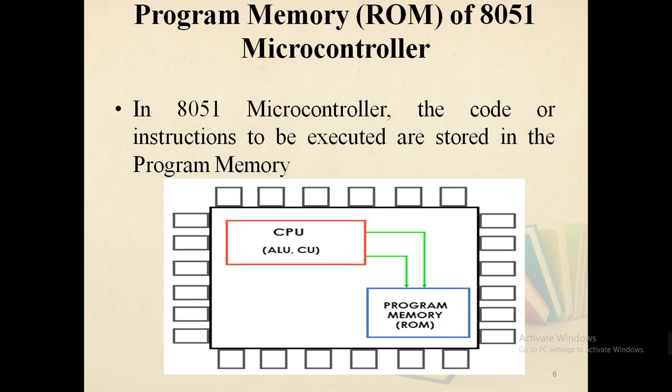Some variants of 8051 like the 8031 and 8032 series do not have any internal ROM and must be interfaced with external program memory with instructions loaded in it. Almost all modern 8051 microcontrollers like the 8052 series have 8 kilobytes of internal program memory in the form of flash memory and provide the option of reprogramming the memory.